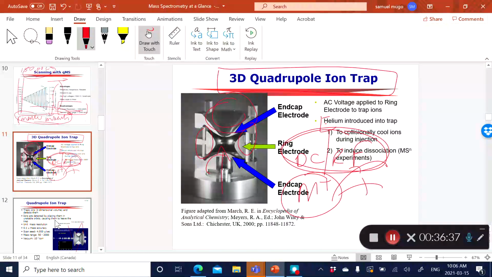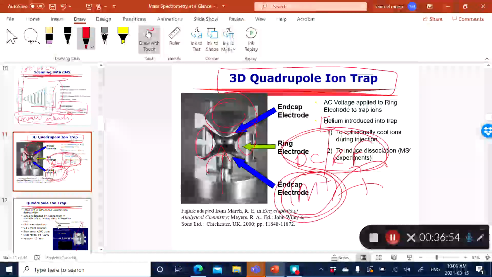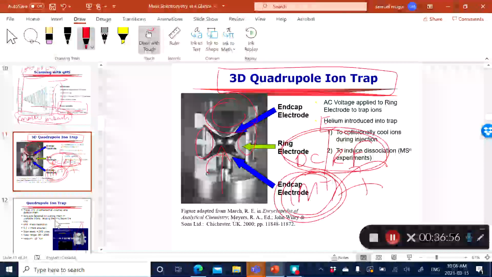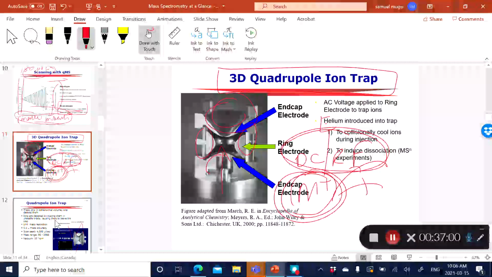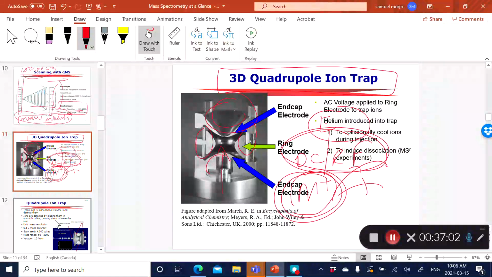And so based on that, you can have some of the ions being extruded, coming out from the trap at different times based on their masses. You're trying to create instability inside the trap so that the ions jump out, and they're going to jump out based on the energy that you're applying, based on the DC and the RF voltage of the electrodes. And of course, the jumping out of the ions is going to be based on its weight